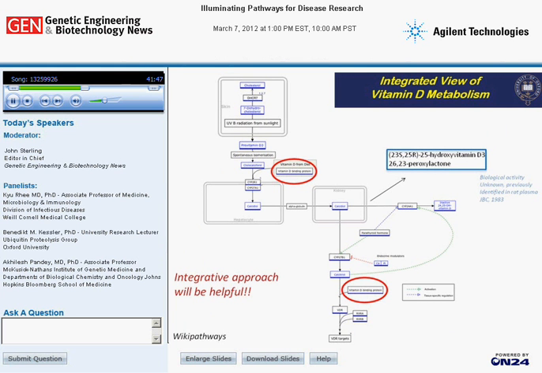But you can also see from that particular scheme that there are lots of other components that we haven't really been able to look at that would probably tell us a more complete story. So that calls for an integrative approach. In this case, a metabolomic versus proteomic approach could provide us much more information on what's really happening within the context of disease. So if you go to the next slide,